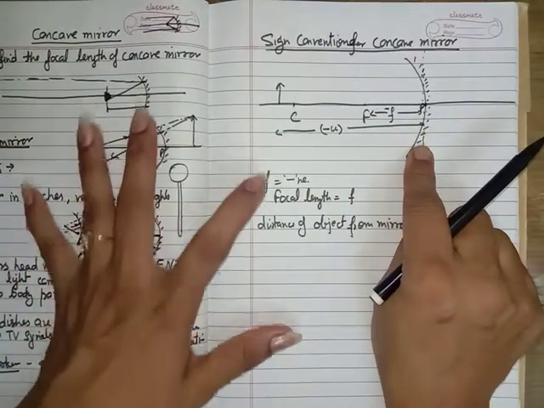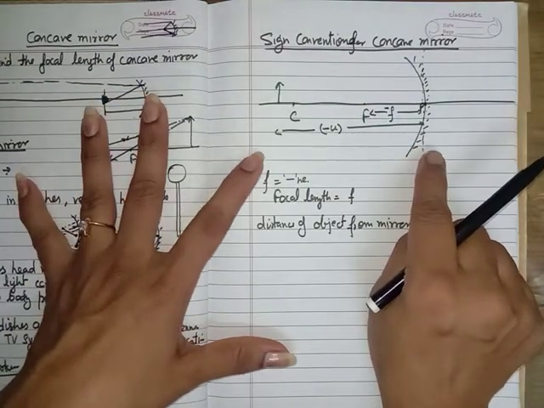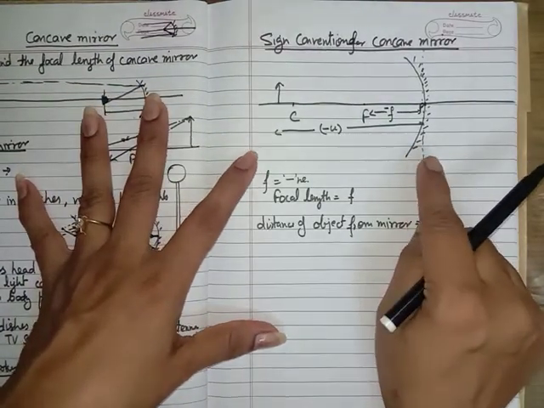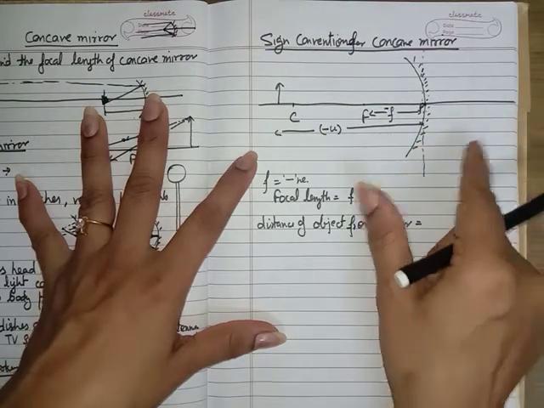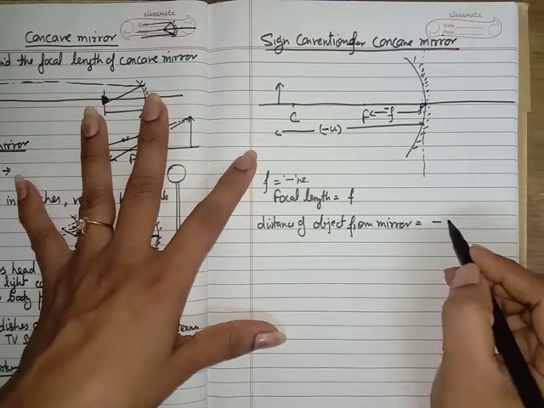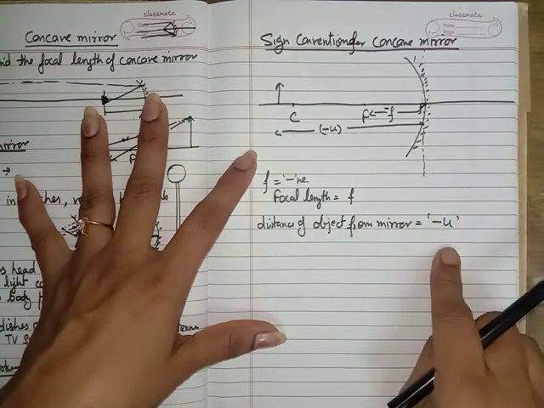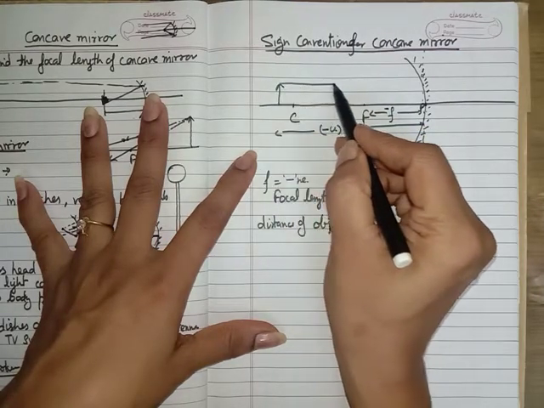Okay, I think it is not hard. It is very easy to understand the sign convention we use for the concave mirror. The distance of the object from the mirror is u, and it is always negative. Now suppose we are going to obtain the image by using this mirror,